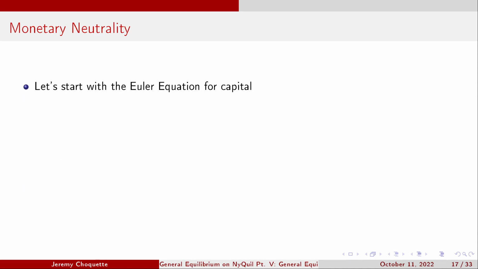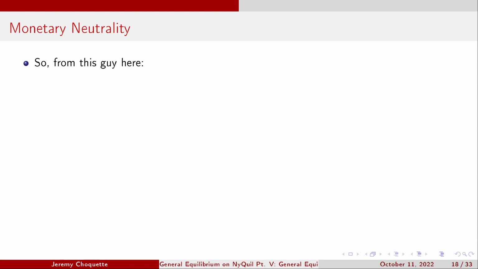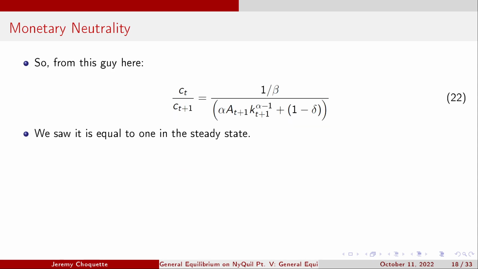We're going to use the next slide for that, just to save some space. So let's start with the Euler equation for capital. I'm going to flip it such that we get this right here. Why am I doing that? Well, you'll see why. From equation 22, we see that it's equal to 1 in the steady